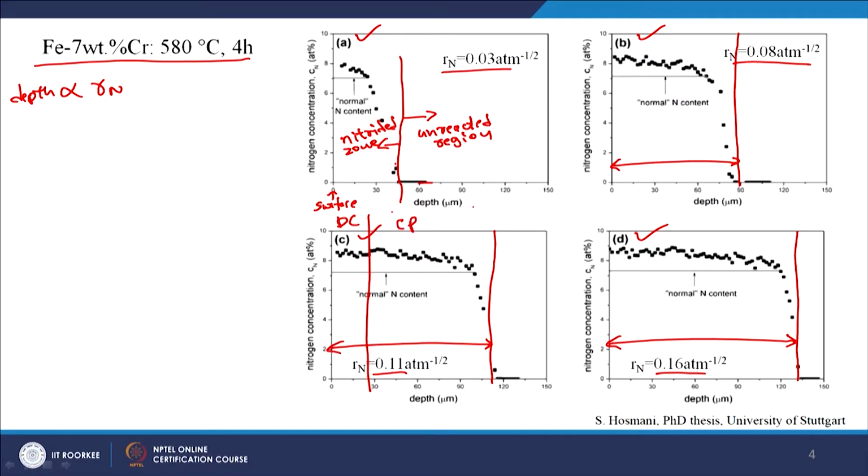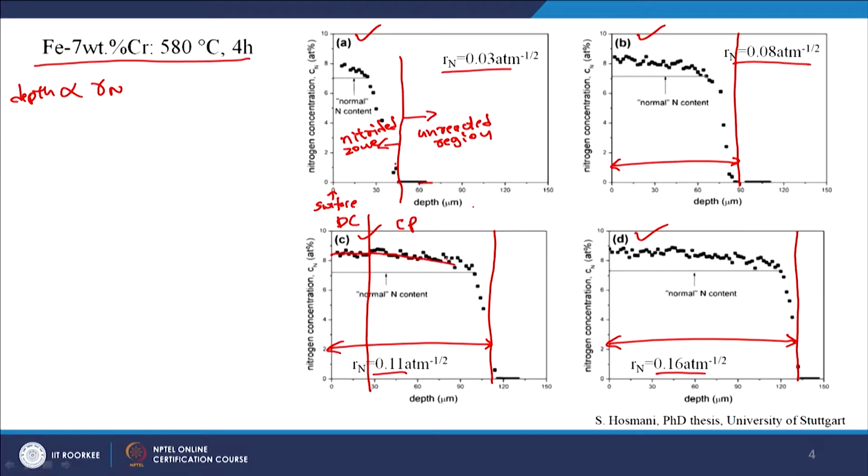So, if we superimpose the microstructure, you see that close to the surface you always have a discontinuously coarsened region, and you see that the nitrogen concentration is not really changed by this transformation from continuous precipitation to the discontinuous coarsening region. If that was the case, we would have seen some difference here, okay. But that is a situation we see in some alloying elements that I will discuss in the next slide.